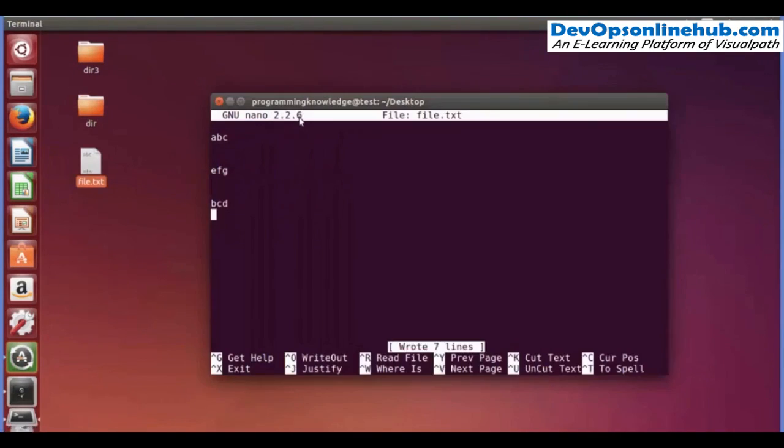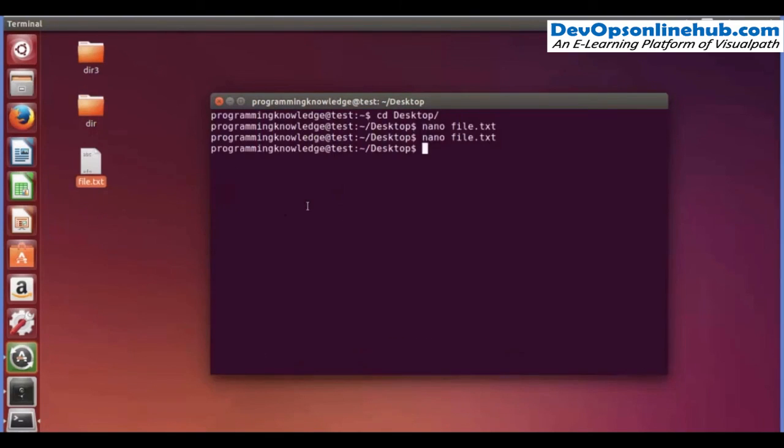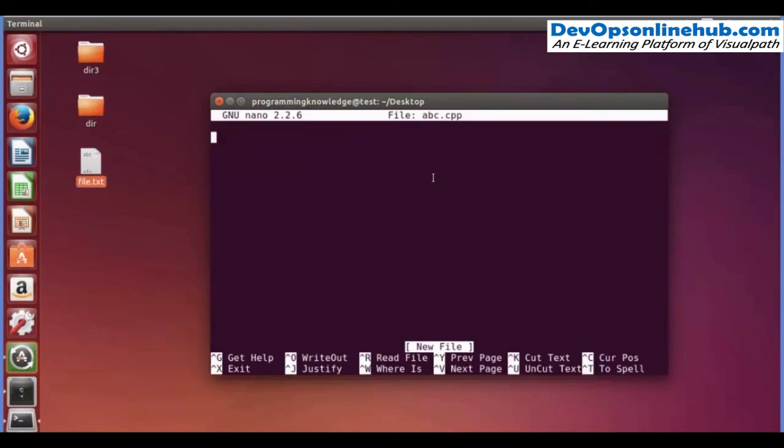Nano can be used to create different kinds of files. For example, I will exit from this Nano command, and I want to create a C++ file. So I will press nano and say abc.cpp for a C++ file, right? cpp is the extension of a C++ file. And when I press enter, I want to write some code, so I will just write